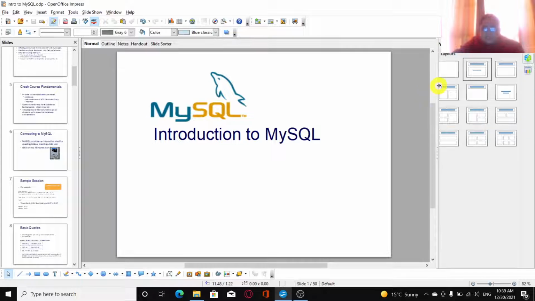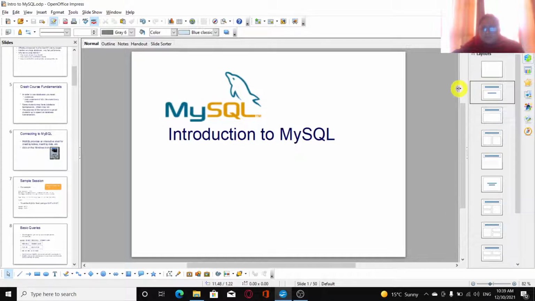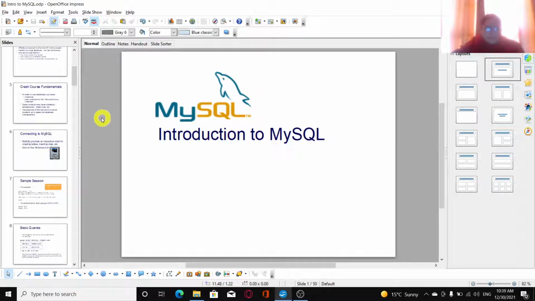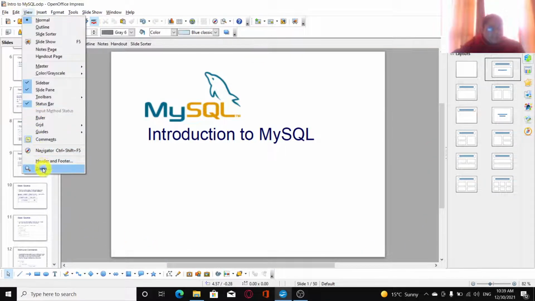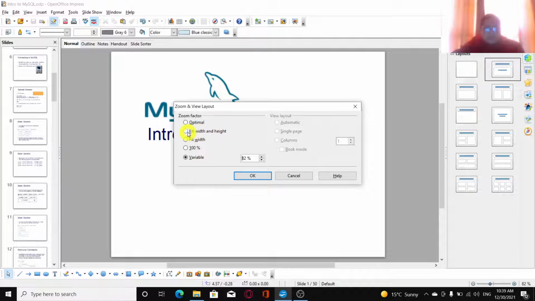Now suppose I choose to just reduce the size of these sidebars and the slide pane, then also you can see that it very well manages the entire space. Right now this was fit width and height.